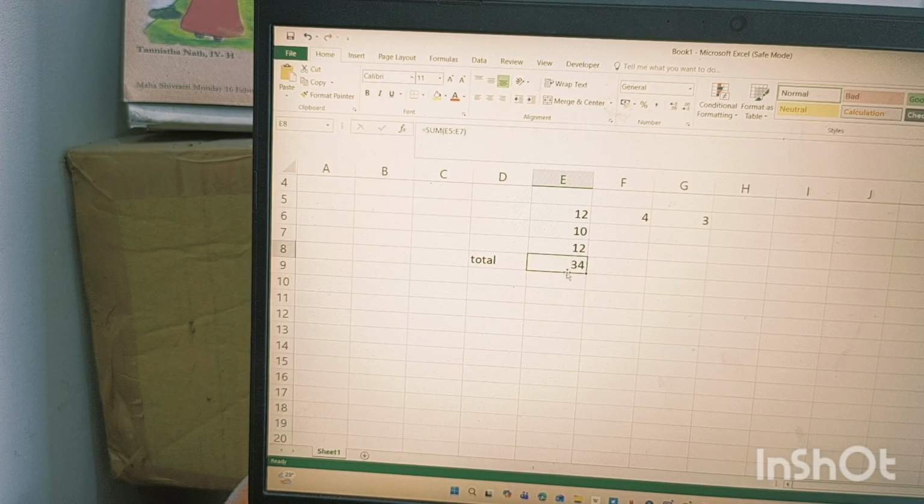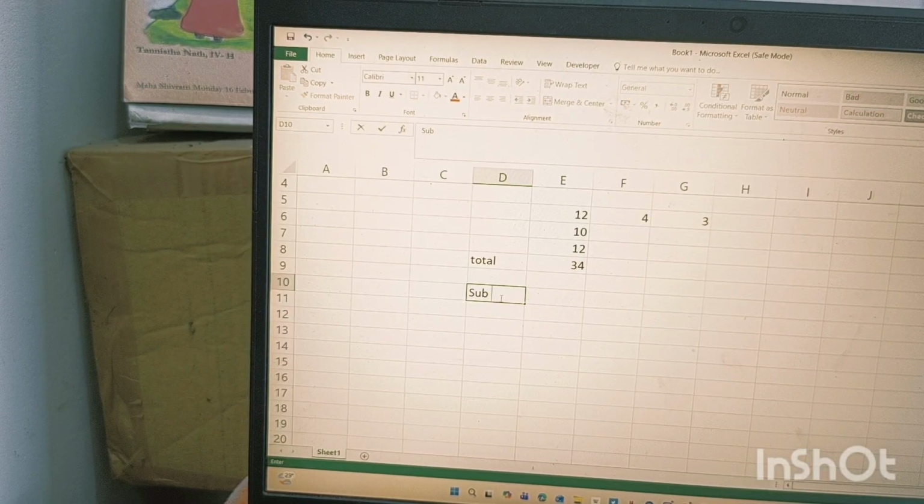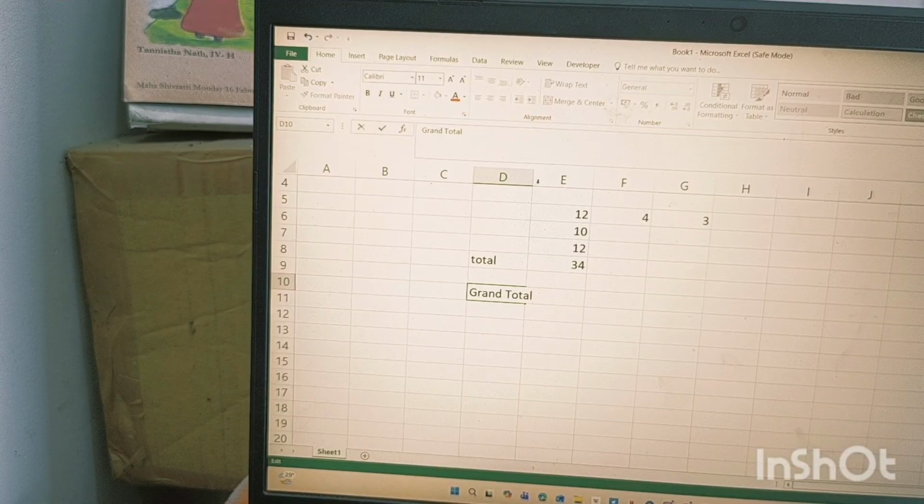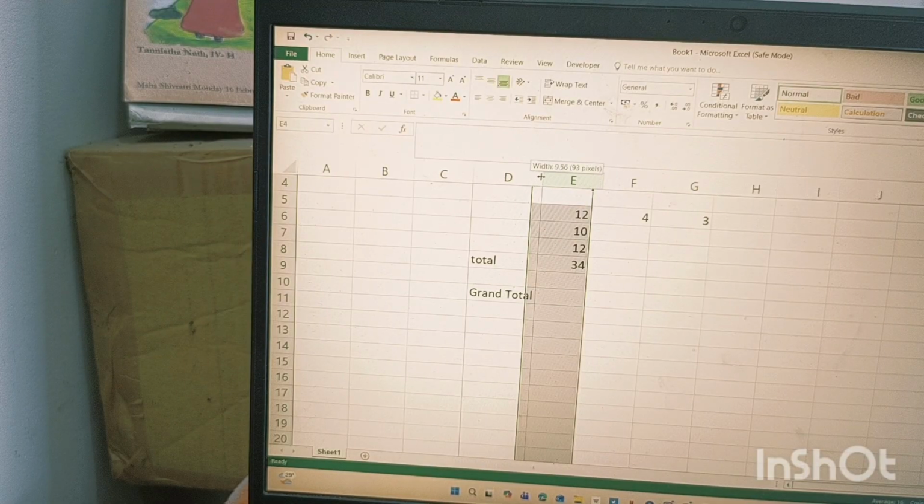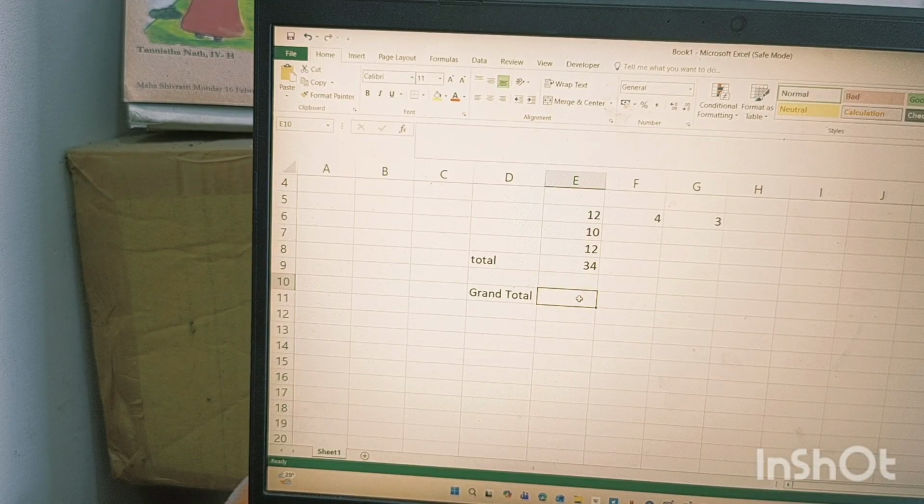Suppose this is the total and here we are doing the subtotal or grand total. So what we do here in grand total, we are going to make a reference: is equal to, select this total and enter.